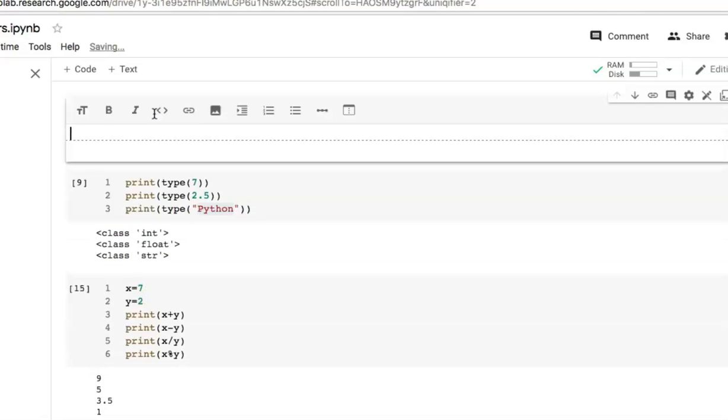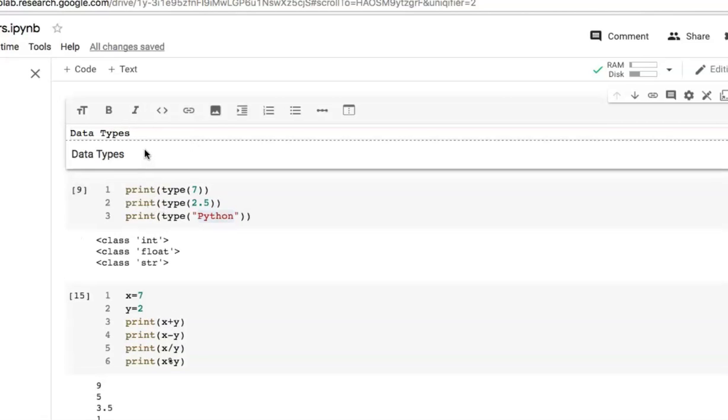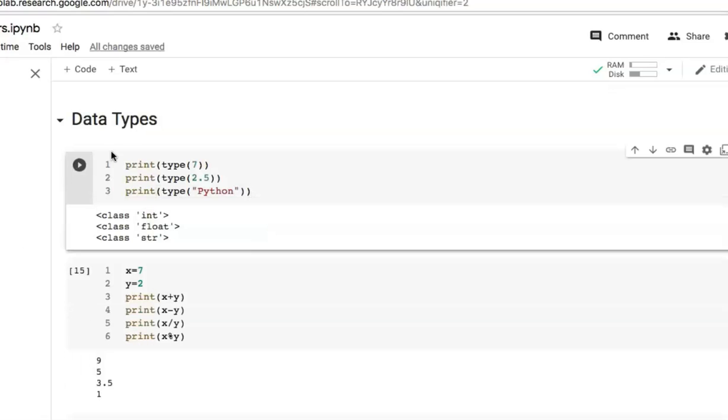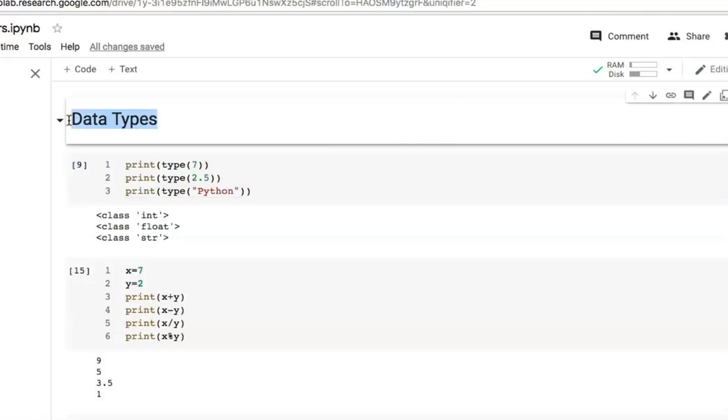So enter here and write data types because this code cell is for data types. Now click this toggle heading and you can see it is hash data types. Now click here and we got the heading data types.